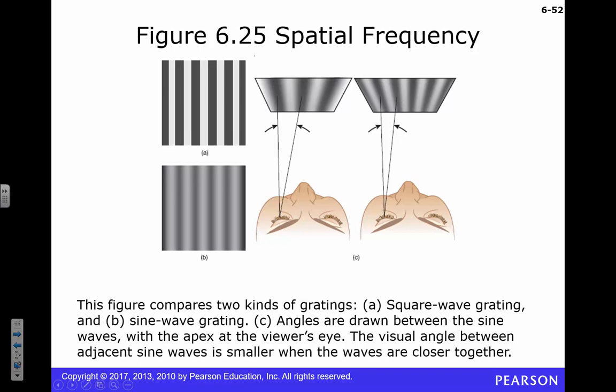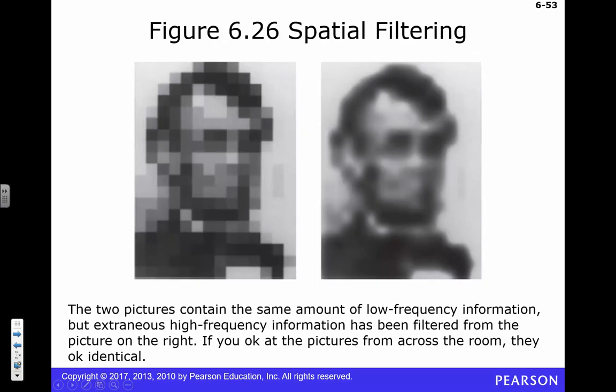I'm not going to ask you too much about spatial frequency. Although this is kind of cool, right? How many of you love Abraham Lincoln? That's like a universal question, right? Nobody's going to answer no to that. So these are both images of Abraham Lincoln, in case you didn't know that. But they have different amounts of high or low frequency information, and if you were to back away far enough, you might get a clearer image. I don't know, Paris, are either of those fairly clear to you or not? No, you're not far enough away. Eventually you can get far enough away and that information will sort of blend out.